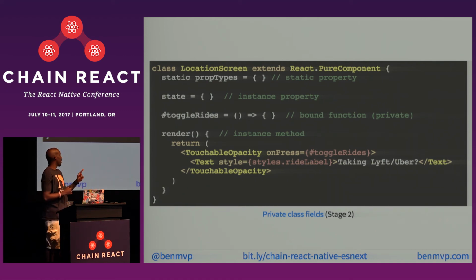So the thing is, there's not even a Babel transform for this yet, so you can't actually go off and use this. Somebody in this room has to implement a Babel transform so we can all benefit from it. But it's actually pretty complicated. If you look at the spec, it has to create a unique name for this thing internally. It's not something that's going to be easily implementable.